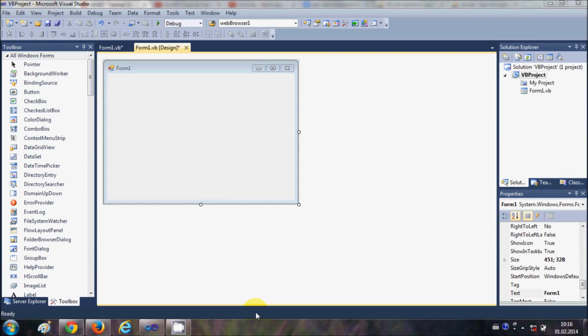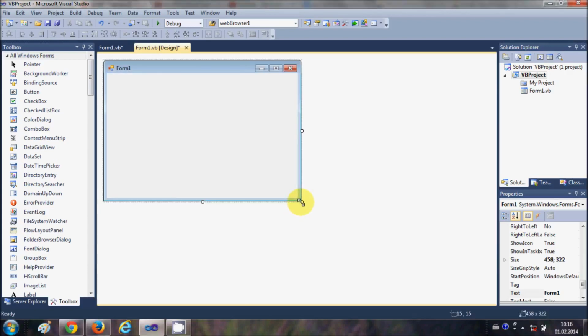In this video, I will show you how to use timers with your Visual Basic Windows Form application. So what is a timer? Generally we use a timer when you need to give some interval to some function or some procedure. For example, you want to show a message every 1 second or every 10 seconds, you can use a timer to execute this. Or for example, you need to increase a value by 10 every 1 second, then you can use a timer for that. So let's see how we can use a timer in Visual Basic.